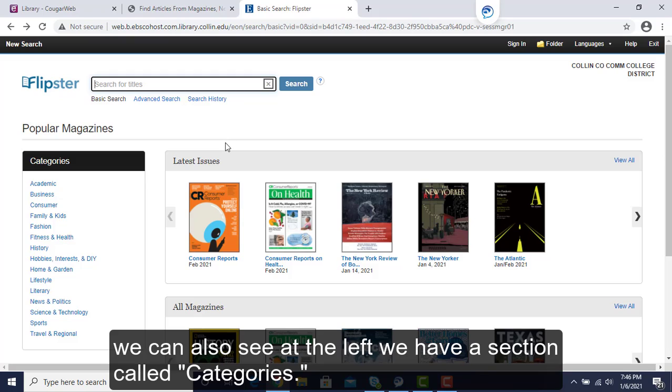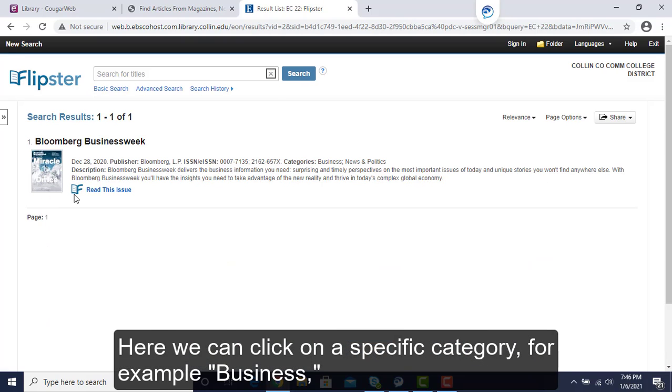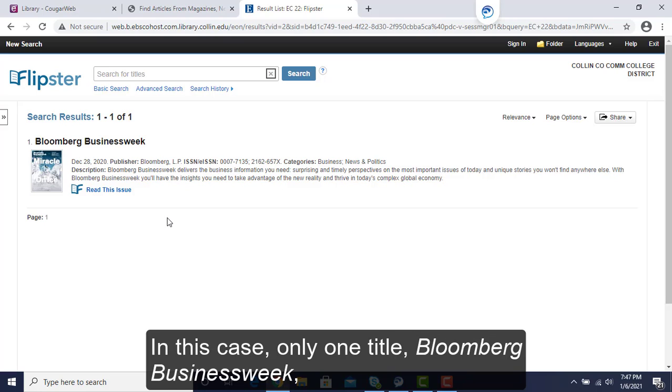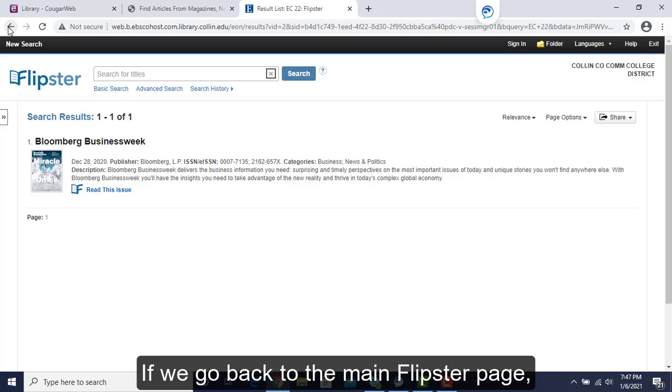we can also see at the left we have a section called Categories. Here we can click on a specific category, for example, Business, and we see the publications that the library subscribes to through Flipster that fall under this category. In this case, only one title, Bloomberg Business Week, is a business title. If we go back to the main Flipster page,